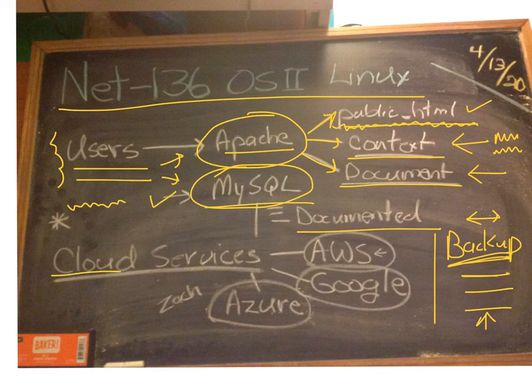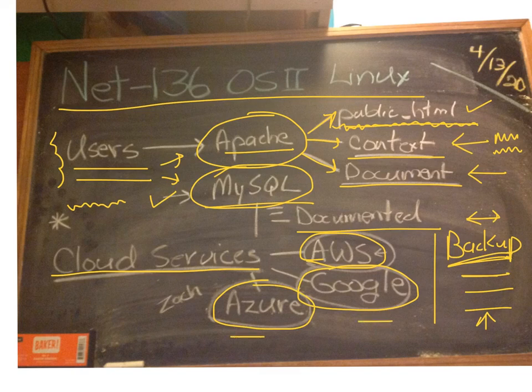And then to finish up the day, we talked about cloud services. Just briefly, AWS, Google, Azure. So we have Microsoft, Google, Amazon. So the students split up. There's a few teams and a lot of individuals doing some research in each of those. And then we're going to look at cloud services on Wednesday. We're going to talk about what they found. I've got a little idea on how we'll do that.